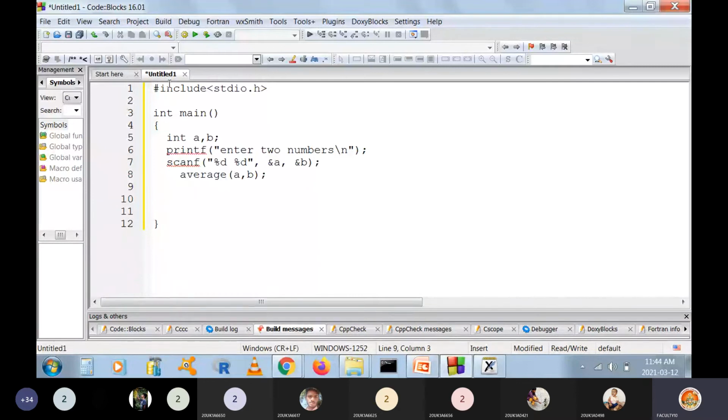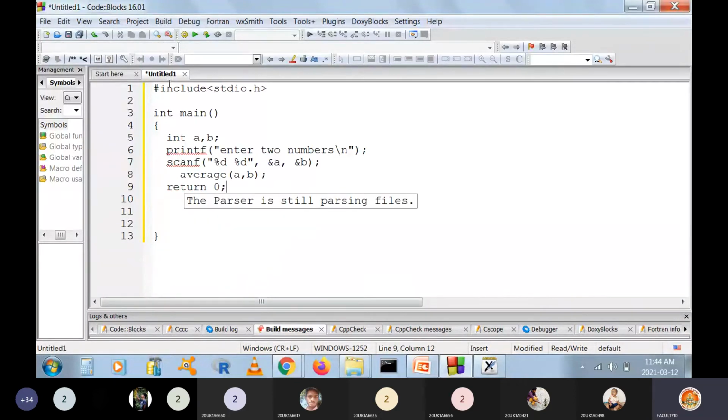A function is also like a specialized one, which performs a particular task. Here, no need to worry about writing the logic. Just assume that there is a function called average. This name is my own; I'm defining my own name. Given two numbers, it finds the average of those two numbers. Then just write return 0. My task is over now.